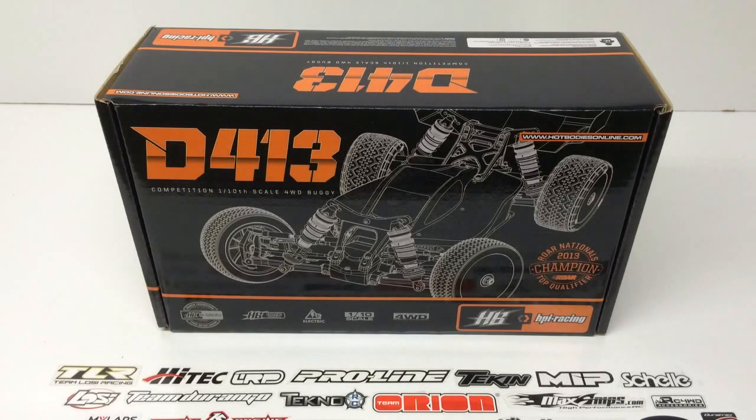All right, guys, Rich here from the RC Network, and this is going to be an unboxing of the very infamous Hot Bodies D413. Now, I personally have been waiting for this four-wheel drive 1/10 scale buggy to come out